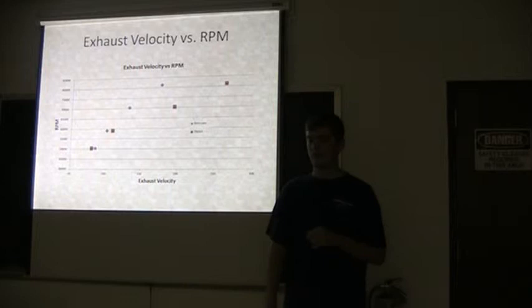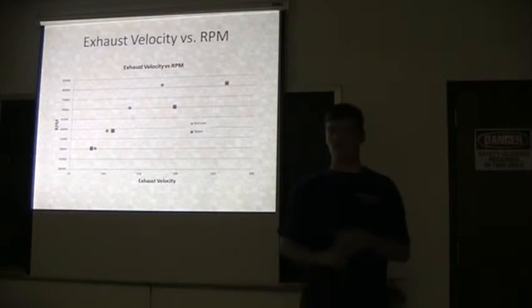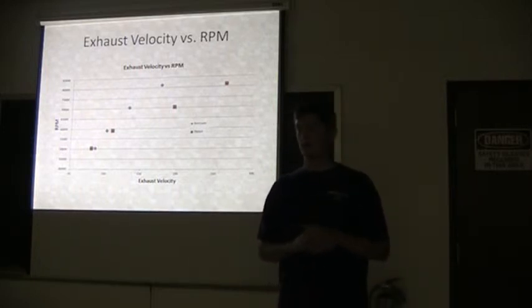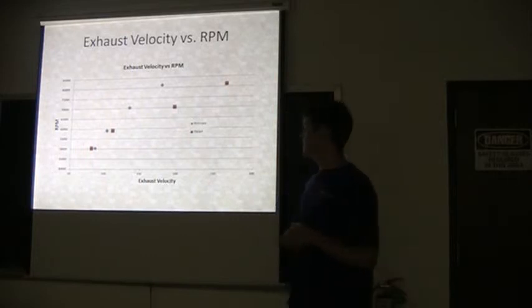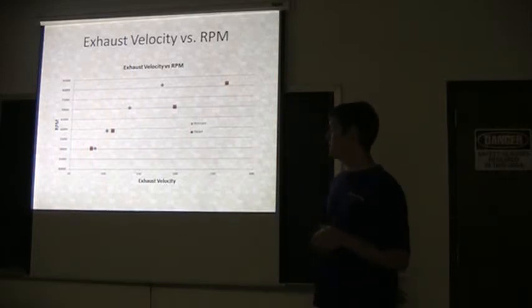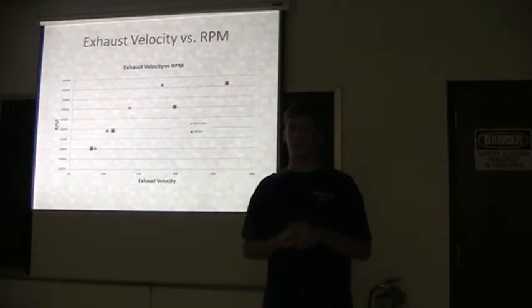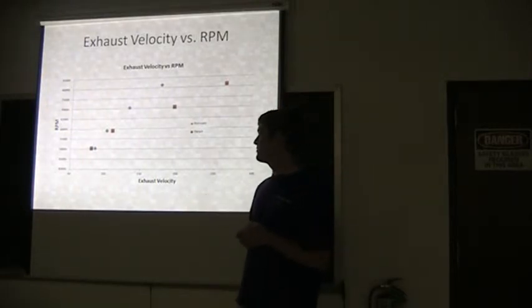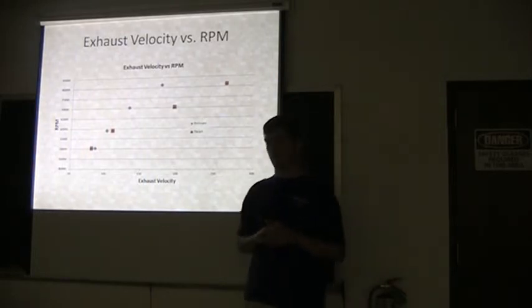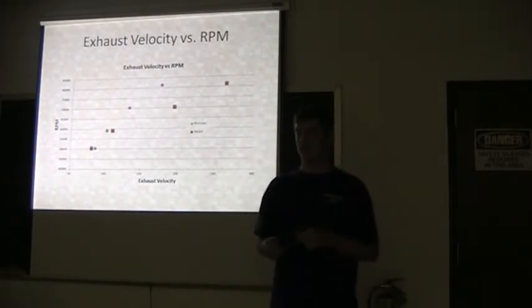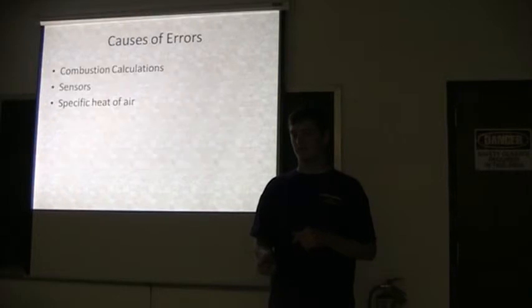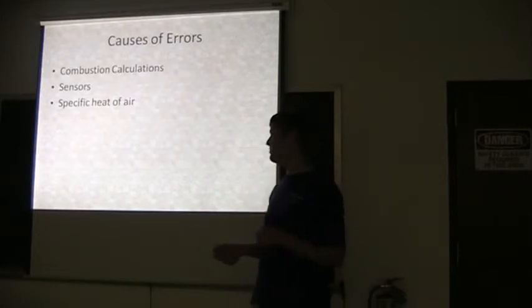And here's another point. I was told to calculate the exhaust velocity versus RPM. If you notice, for the first two points, they stay relatively close, but when you calculate the velocity with the pressure, it's more linear. But then for the thrust, it spreads out, starts separating a lot more, and it's not quite as accurate. Some of the causes of errors are